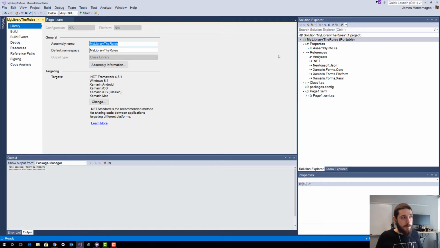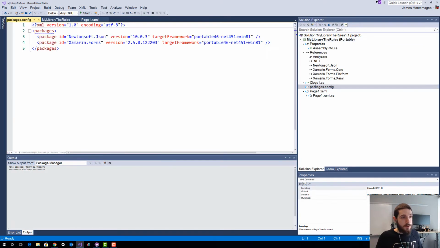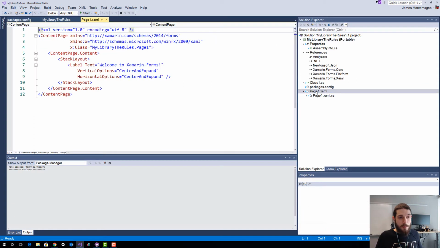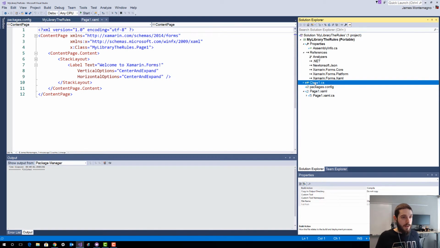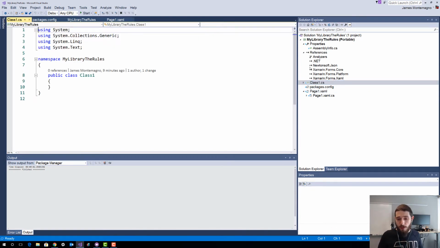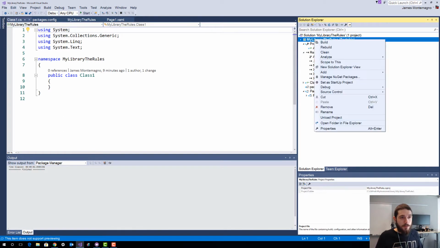So let's convert this thing. And what I want to show you is that I do have some NuGet packages installed. So I have JSON.NET and Xamarin.Forms. I have a XAML page with some file nesting and a class here. I could get real advanced if I had embedded resources, all that stuff, but this is usually what my stuff looks like. So what I'm going to do first is, since this is using the older CSProj